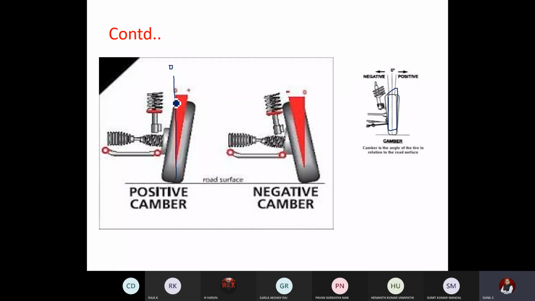If you tilt the wheel towards outside, see, this is the axle. There will be one more wheel here. Any tilting between this, we call it tilting inward towards the vehicle. If you tilt it outside, it is called outwards, away from the vehicle. If you tilt the wheel away from the vehicle and lock it at this point, then the angle between the vertical line and the axis of the tire, we call it positive camber, right?